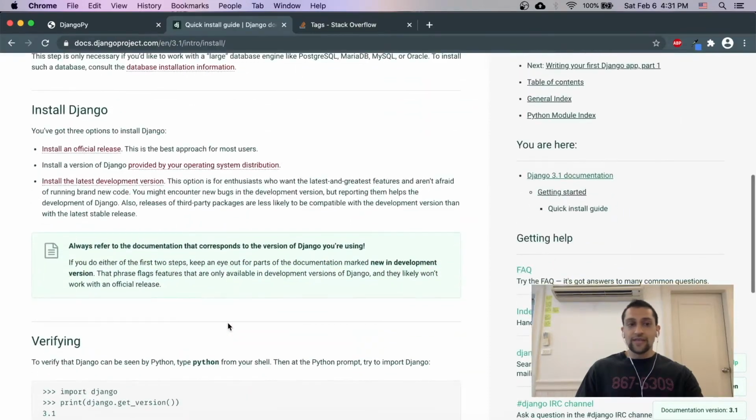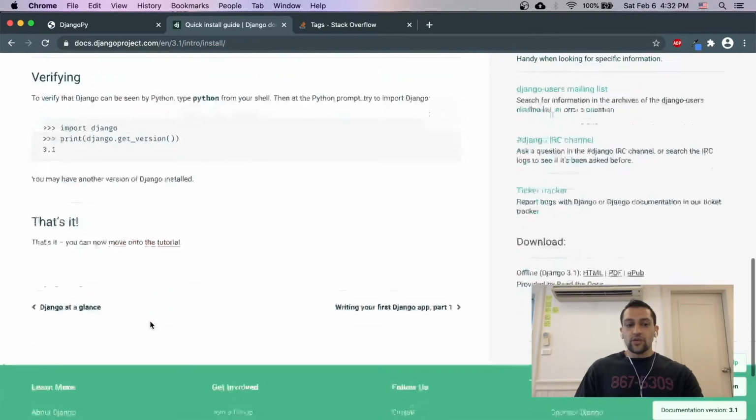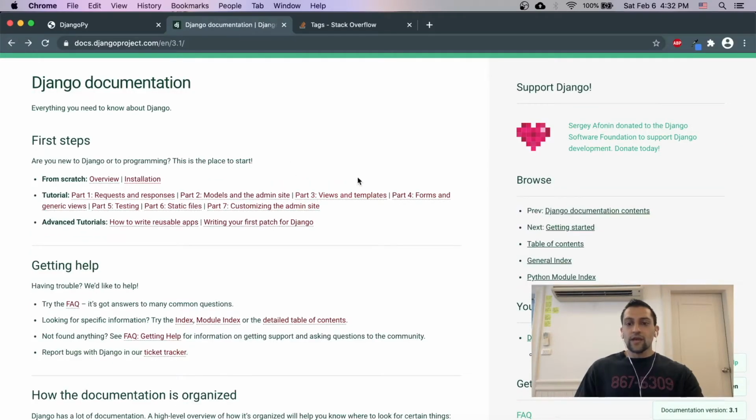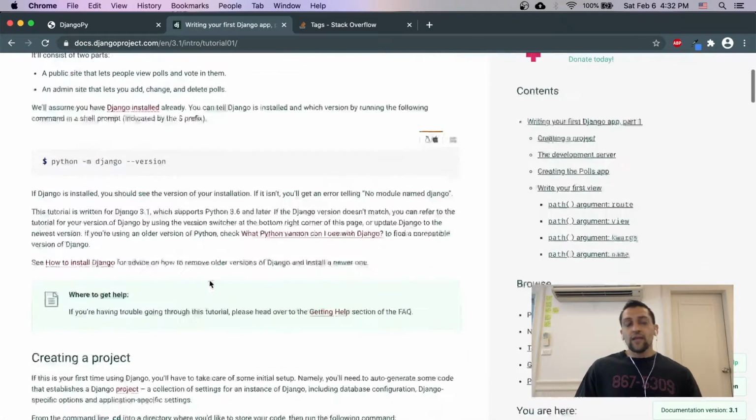installation อย่างไร, set up the database, all this information we're going to go over. And we'll review all of this and show how to use all the parts of Django. We have requests and responses, models and admin site, viewing templates, forms and generic views, testing, static files, and customizing the admin. เราจะทบทวนทั้งหมดในนี้ แต่ถ้าเกิดว่าอยากไปถึง tutorial ทำได้ อันนี้คือ tutorial ข้างใน Django